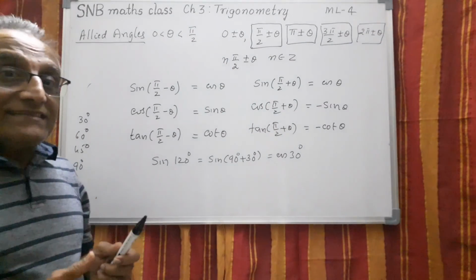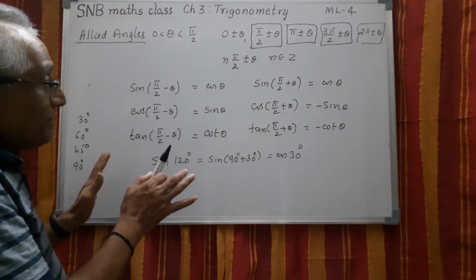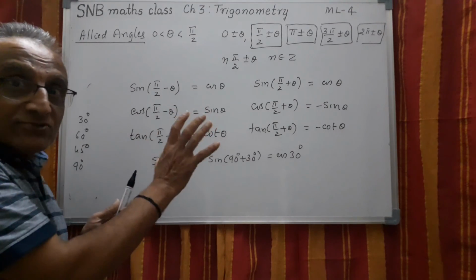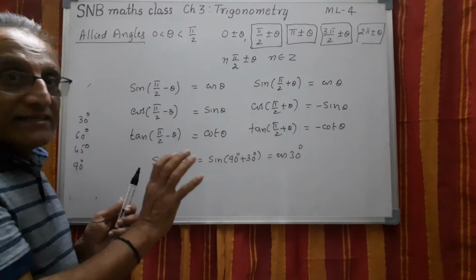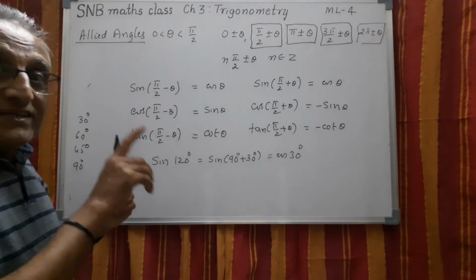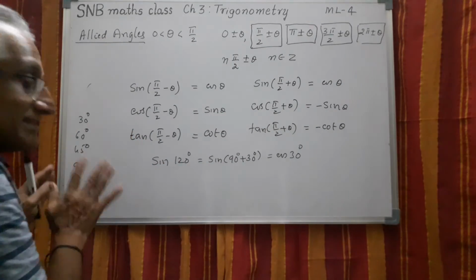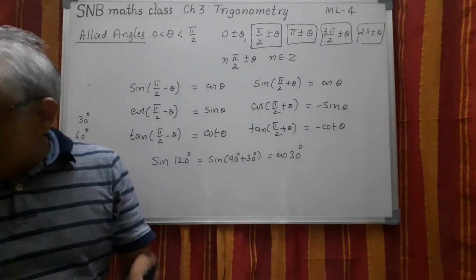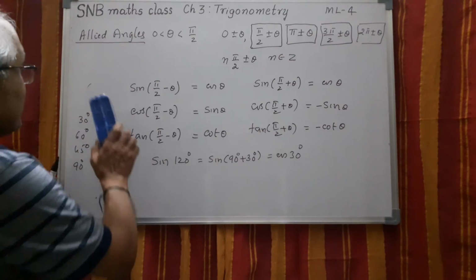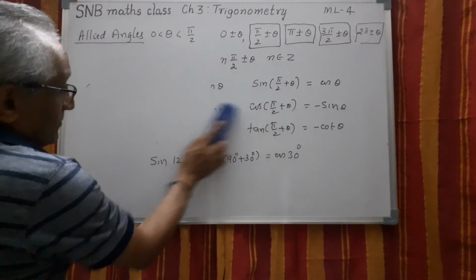In the next class, let us study a few proofs I am giving so that you will be convinced this is how we are getting the rule. Then I will tell you the technique of remembering all the 27 or whatever number. Don't worry whether 27 or 30, you can remember. With this, let me conclude.